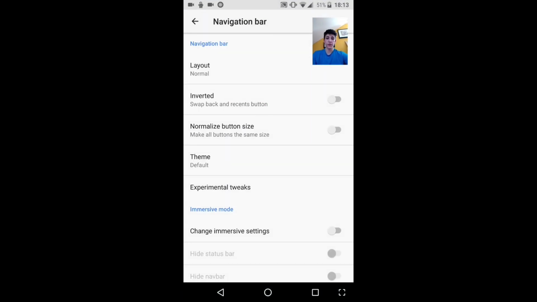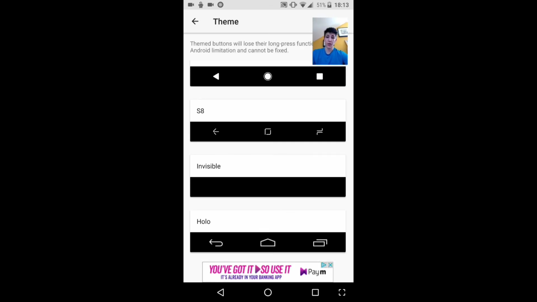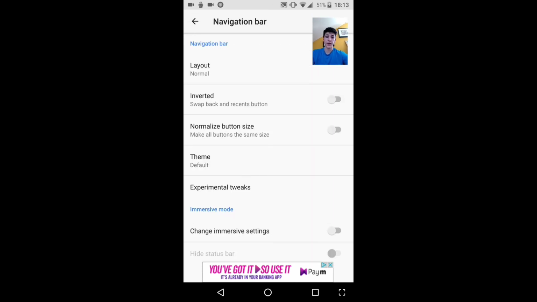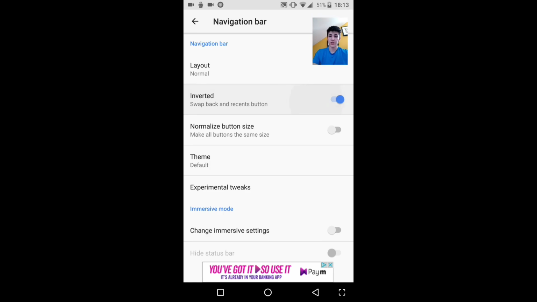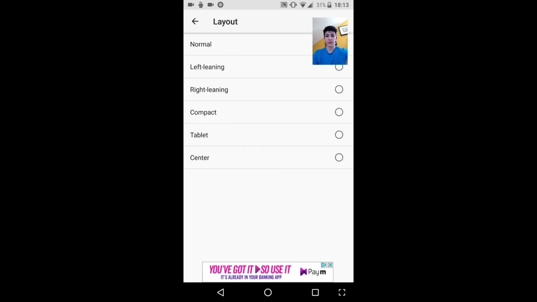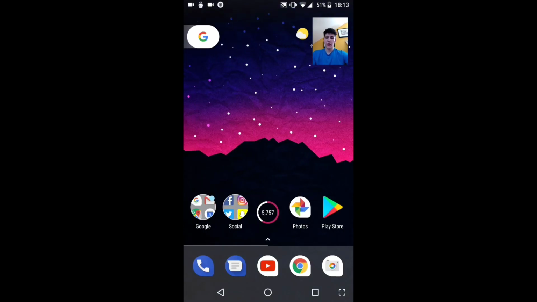So there's quite a lot of other cool things about this app. If you buy the full version, you can theme, which I personally think is very cool, especially without root. The amount of customization you've got here is ridiculous without root. So look, you can switch them around, you can do left leaning stuff. But anyway, amazing app. Really cool that we've got